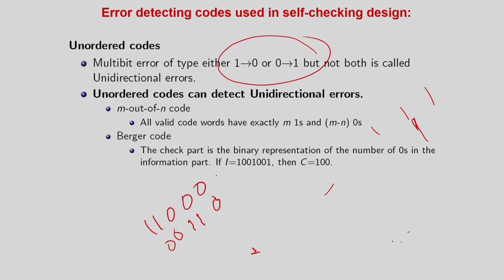But if there is a bidirectional error, then there can be error balancing. The main problem of bidirectional error is error balancing, bit number balancing. So this one will change to 1 and this one will change to 0, so again the number of ones remains 2. Errors are easily balanced. So bidirectional errors are basically a nightmare for online testing.